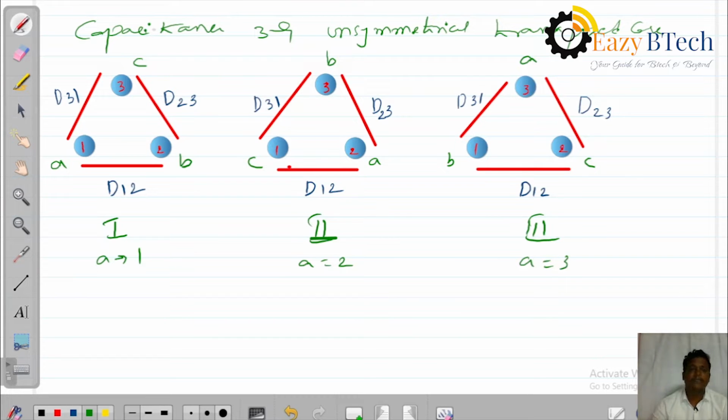First, assume a point P is far away from the conductors. The distance from conductor A to P is, and conductor B to P and conductor C to P. These distances are D3P, this is D1P, this is D2P. Okay, first I am writing